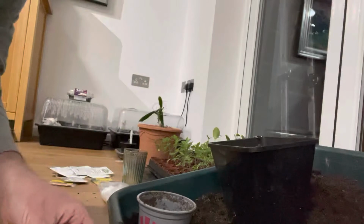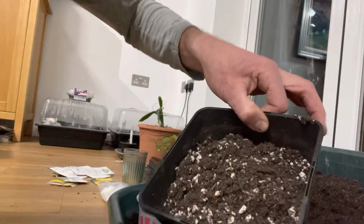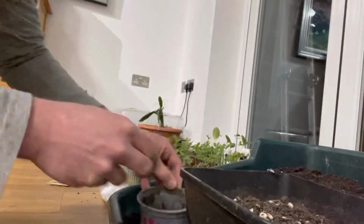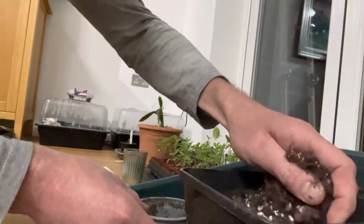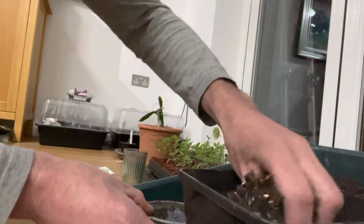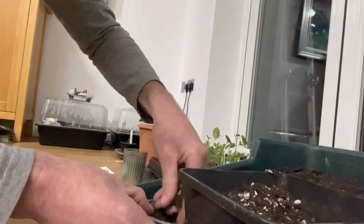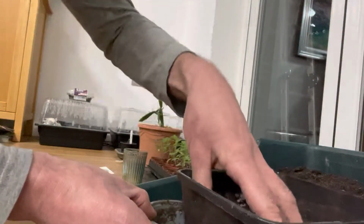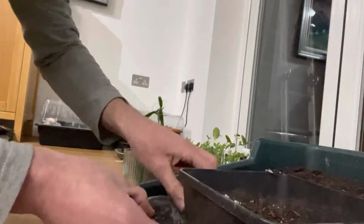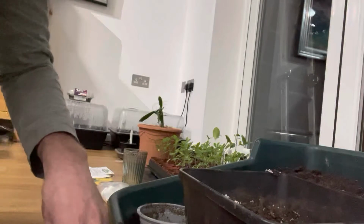And what I'm going to do now is pot it up. So that is the typical mixture that I'd use for my dahlias and lilies. It's about a 50-50 mixture of multi-purpose compost with perlite, and the perlite is that volcanic product which aids with drainage, also retains a bit of moisture. So I'm going to fill it to that level, about an inch down,